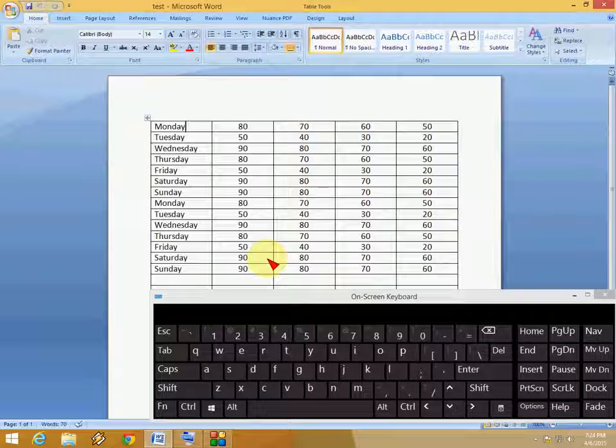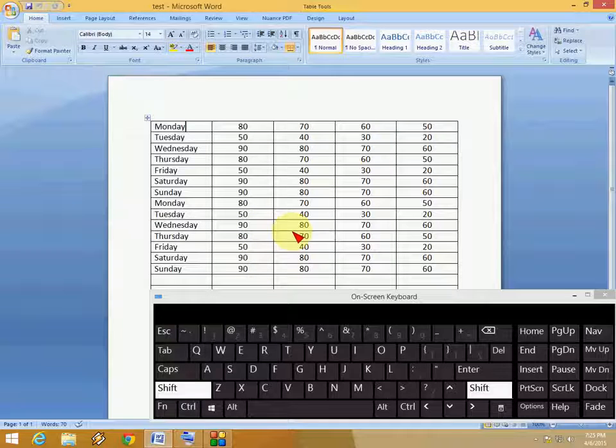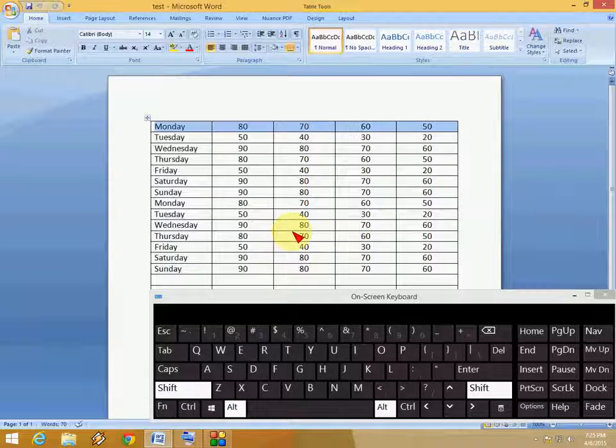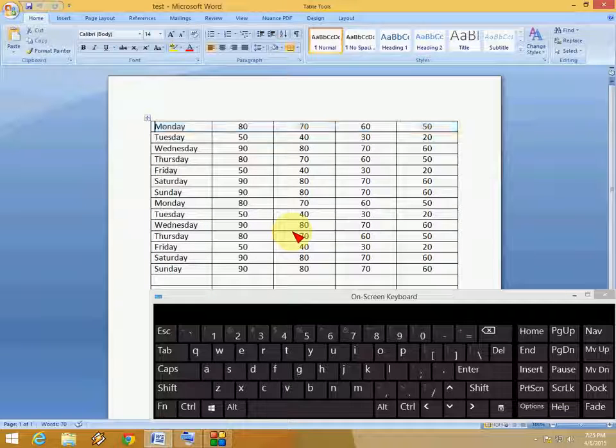So this is the easy shortcut key for Microsoft Word in a table for selecting columns and rows. Alt Shift Down for selecting the entire column, Alt Shift End for the entire row, and you can select an entire column and row from any point. Look at that. I'm going to select the second row. Look at that. Just keep the cursor where you want to select the row and hold the Alt Shift